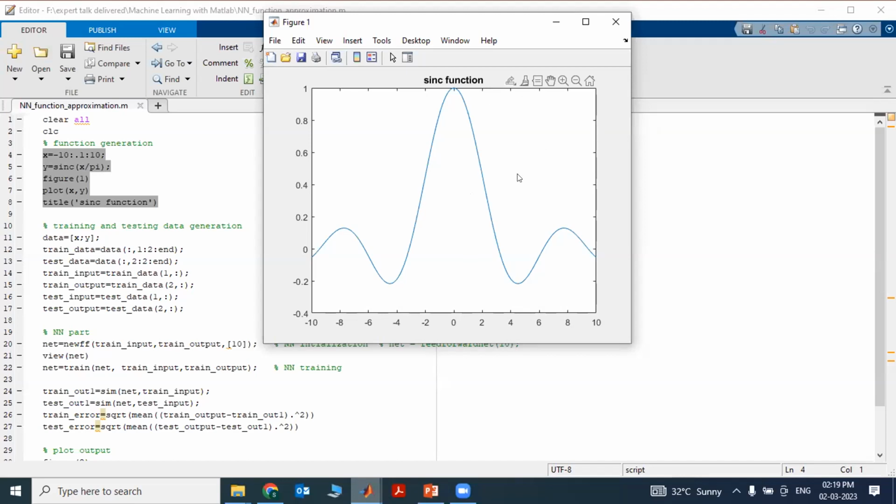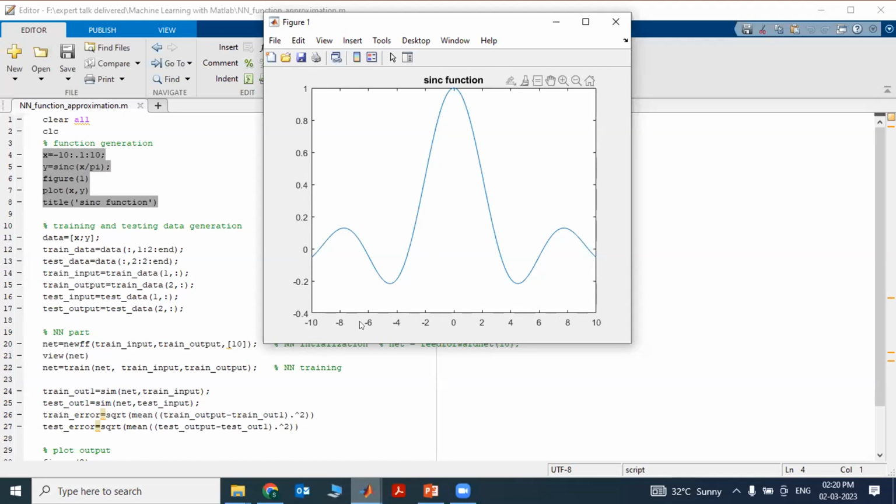So what is the first procedure I told you? For any neural network training, you collect a sufficient data set. While collecting the data set, please keep in mind that the data set should excite all of our working area. I can give an example. In this case, my objective is to approximate the sinc function in the range of -10 to 10. Then can I choose training data which comes only from the range of -10 to -2?